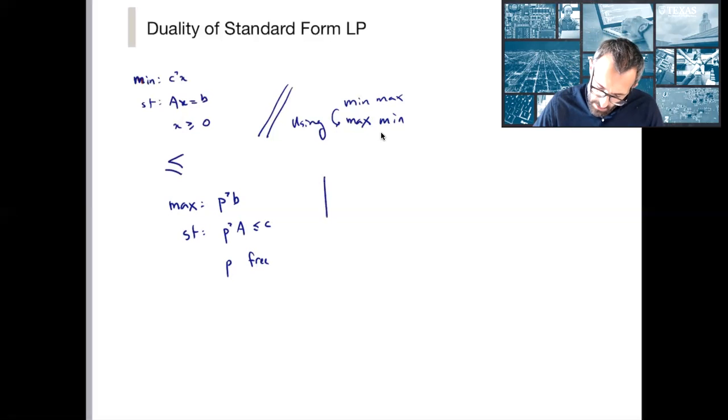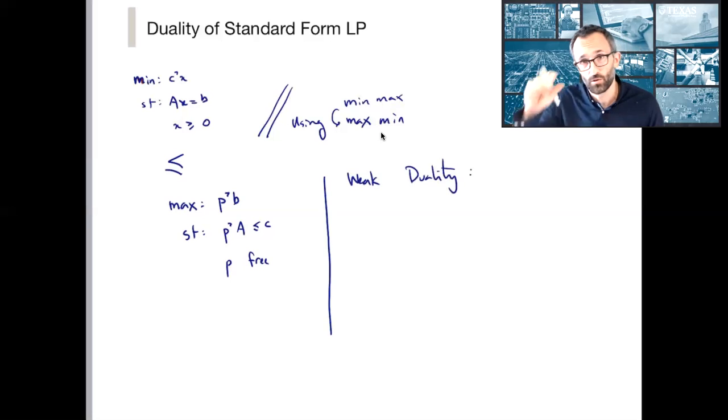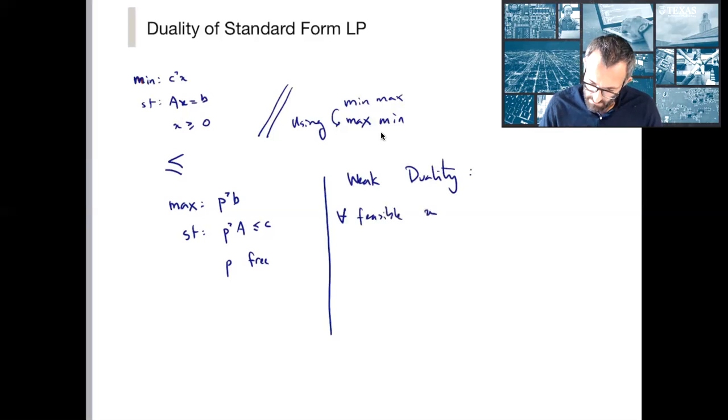What weak duality says, and we do not need linearity or strong convexity to make this claim, it's really just immediate, is that for any primal feasible X and for any dual feasible P, C transpose X